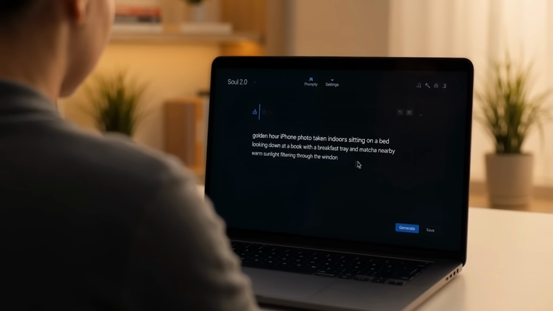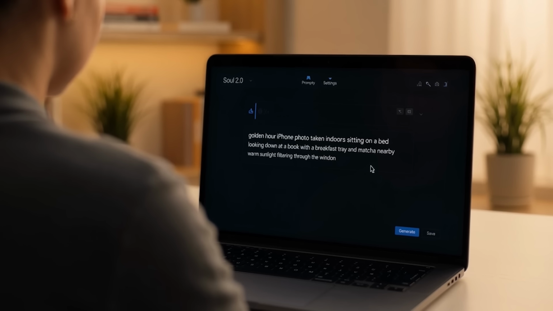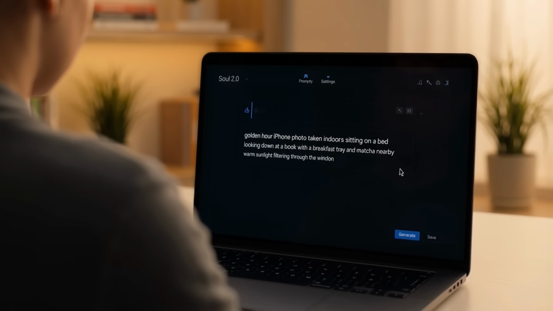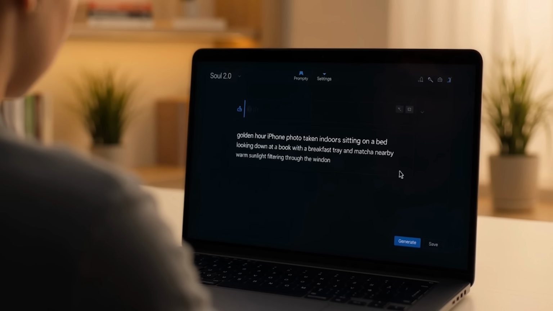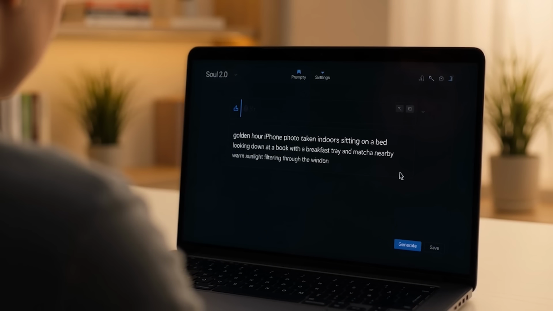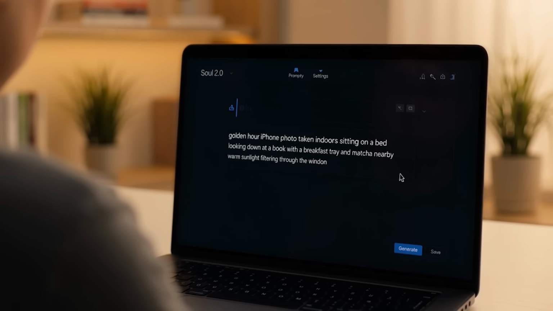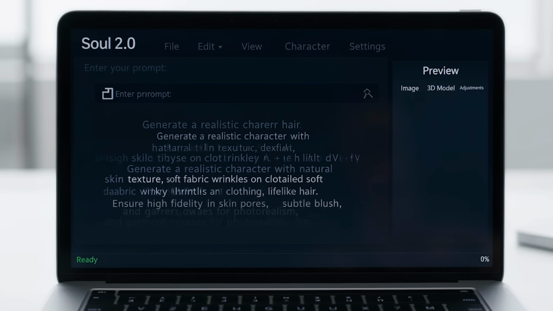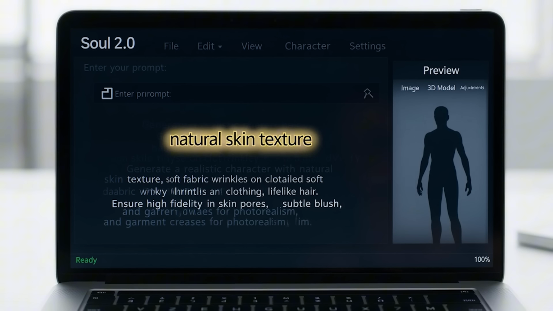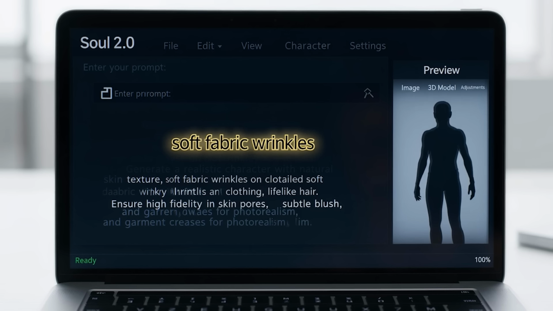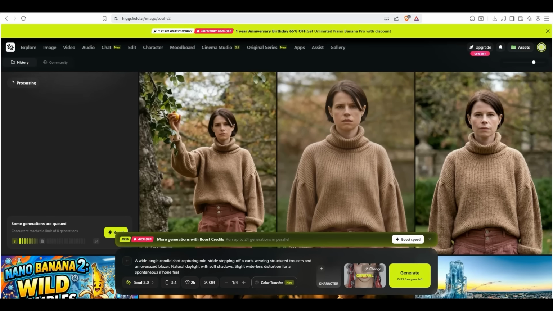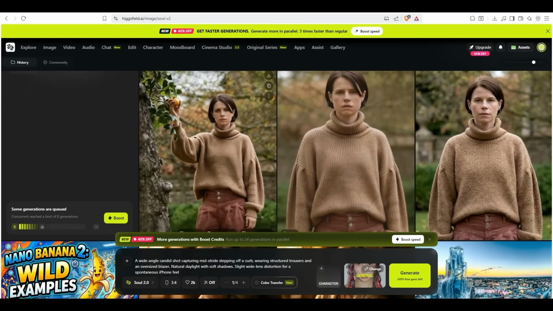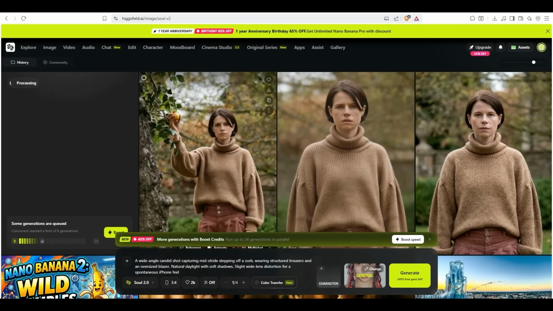For the second one, I went for more of a calm morning vibe. I described a golden hour iPhone photo taken indoors, sitting on a bed, looking down at a book with a breakfast tray and matcha nearby, warm sunlight filtering in through the window. I made sure to mention natural skin texture and soft fabric wrinkles to keep it looking real and not overly smoothed out by the AI. That one came out really clean too. The soft lighting and the overall composition make it look like something you'd actually see on someone's Instagram feed, not